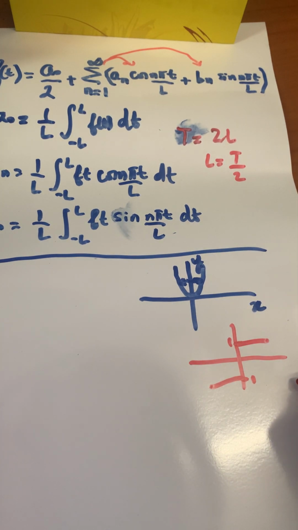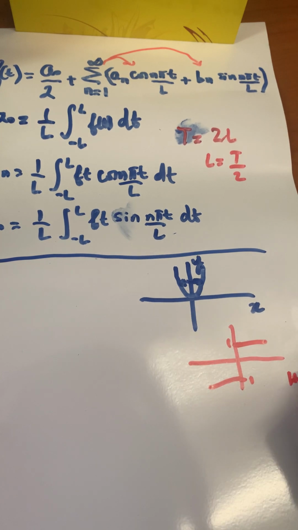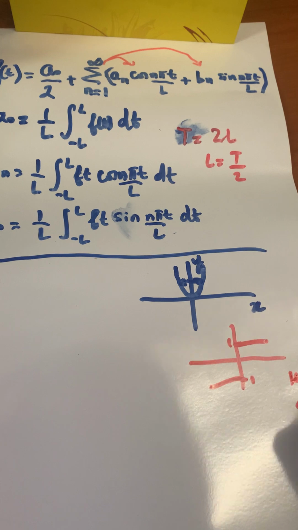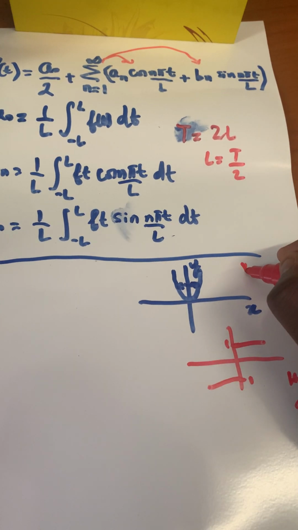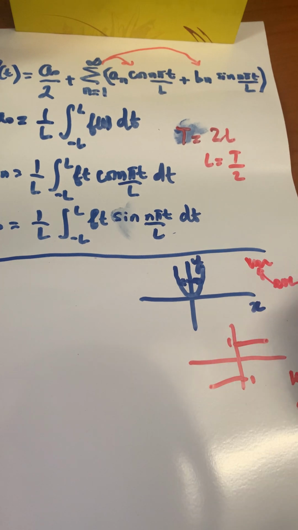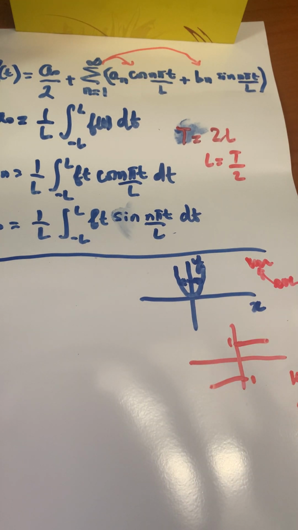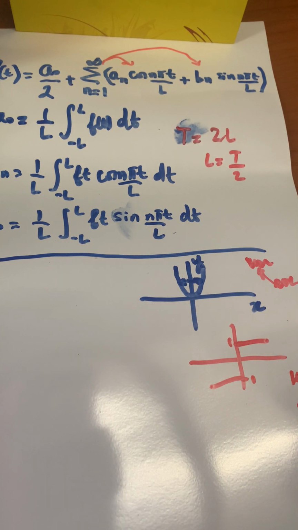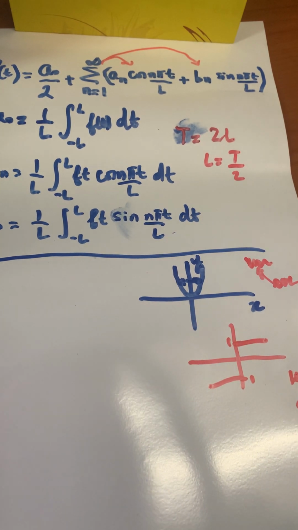The way I remember it, horizontal is O for odd, and vertical is E for even. When it's symmetrical about the vertical line, it is even. When it's symmetrical about the origin, please do not say horizontal, about the origin, then it is an odd